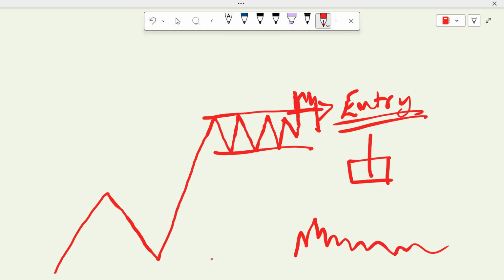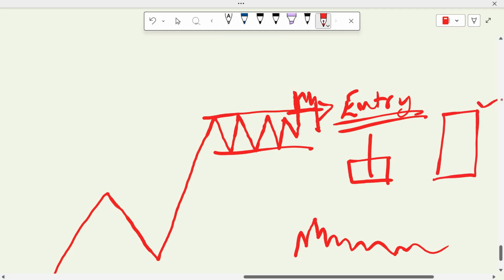In the first half of the session we are seeing a candle which is standing strong like this, but at the end of the day you will see a big wick here,